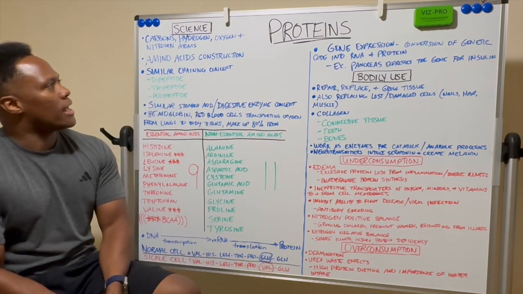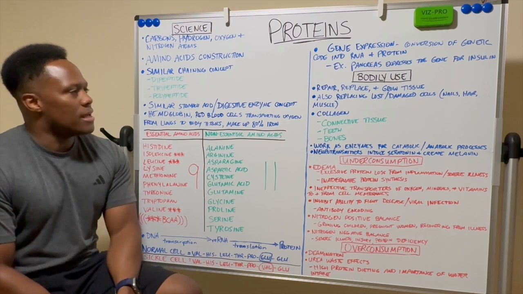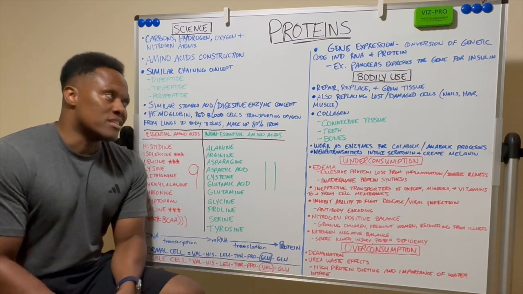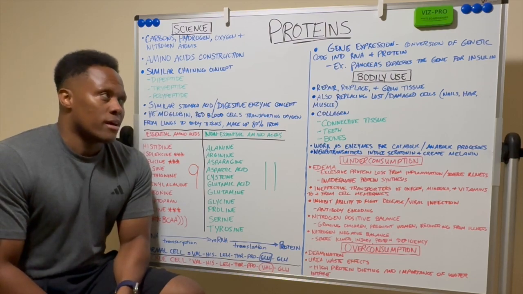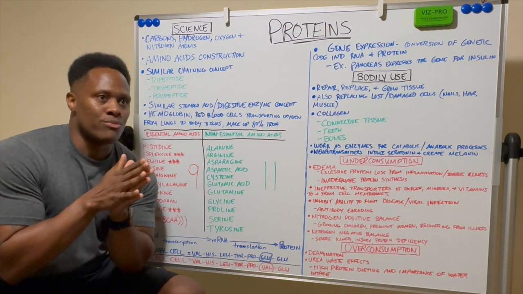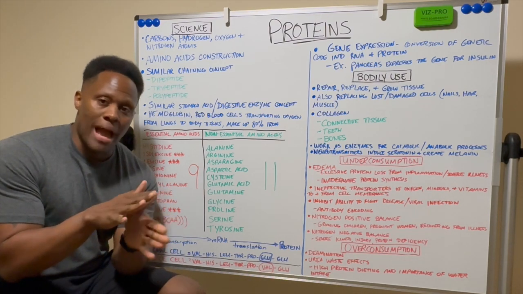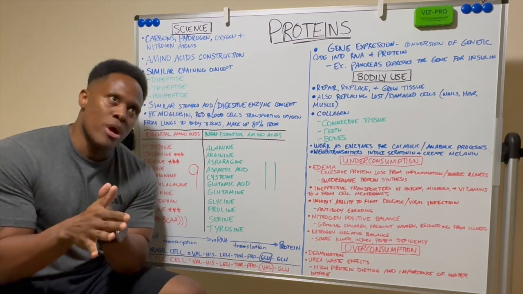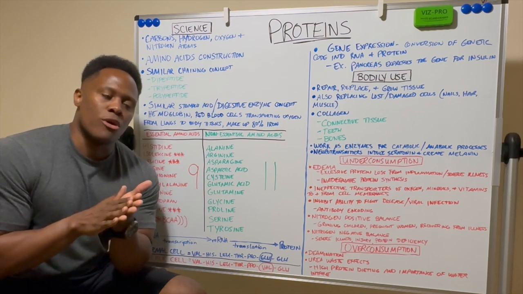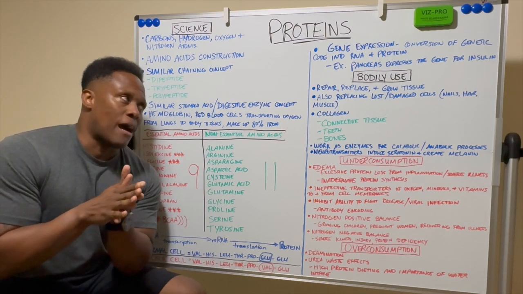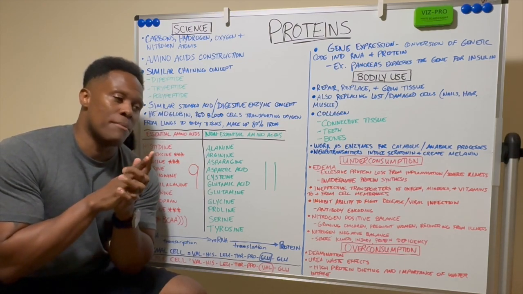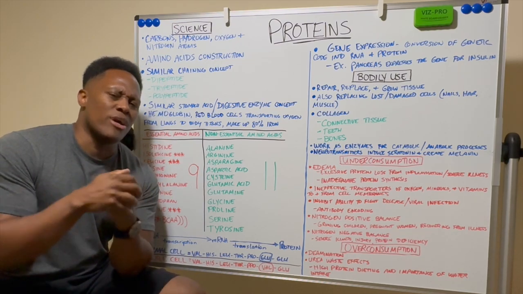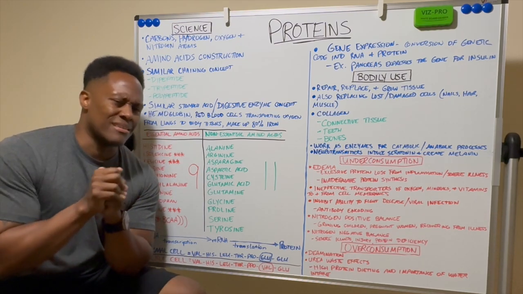First, I want to go ahead and start with the science, and before I get into it, just a little bit of a heads up. This is going to be a little bit of a longer one. They're all important, don't get me wrong, all the macronutrients are very vital, but if I were to rank macronutrients from most important to least, I'd probably do proteins first, with carbs being about equal, and then fats coming in at a close second, something like that.